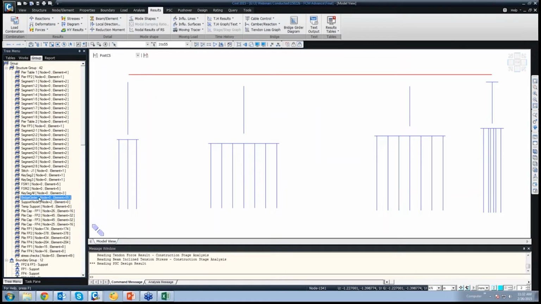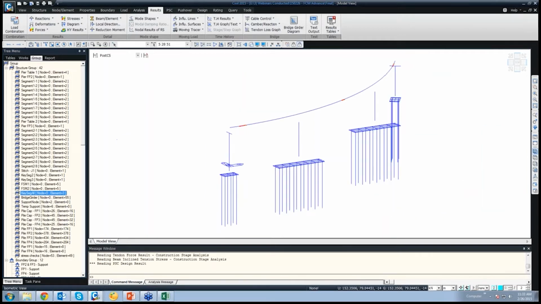After that, the support nodes, that is the place where the deck is supported at the mid. So these are the support nodes. Okay. And besides that, a group with all the key segments.